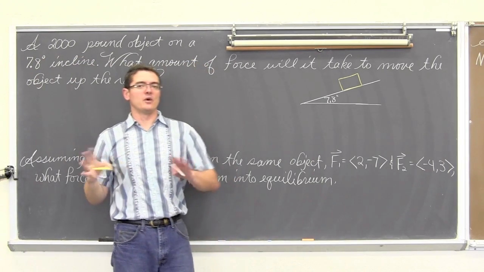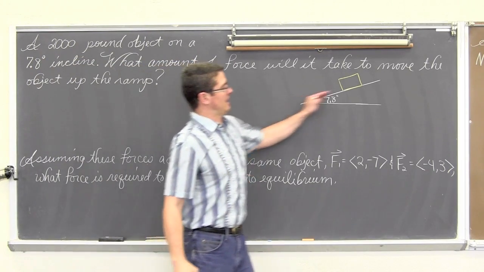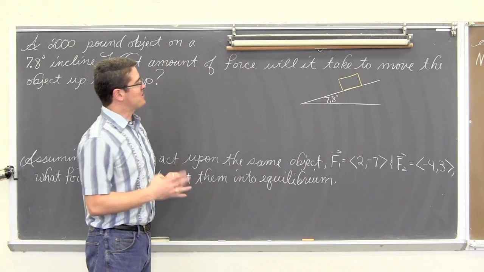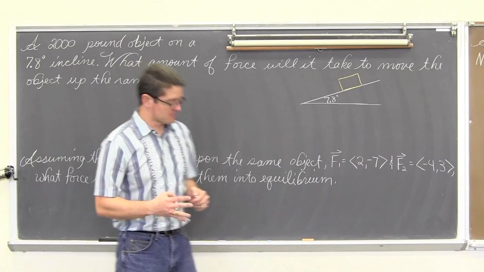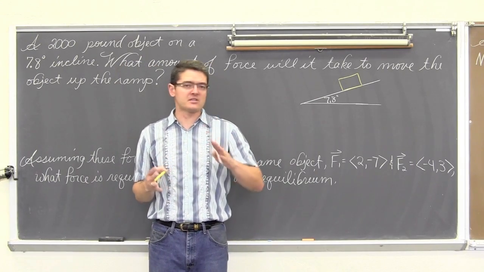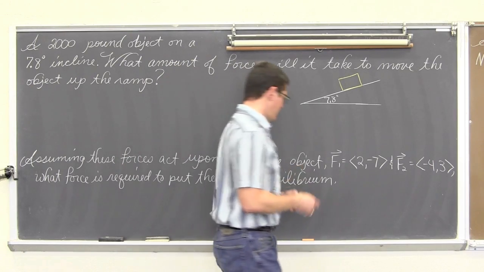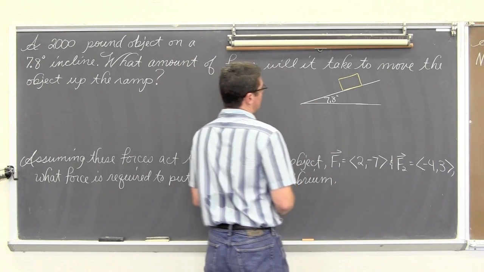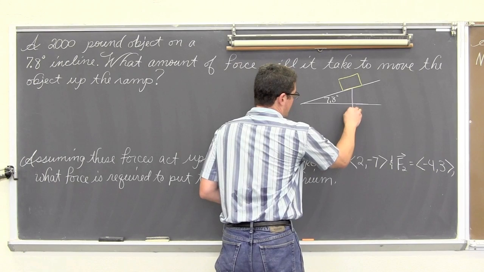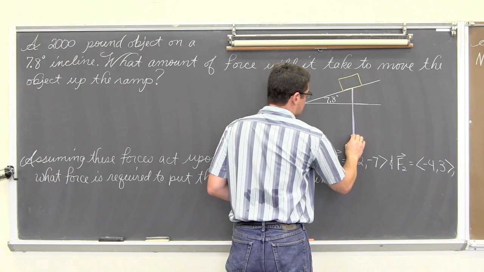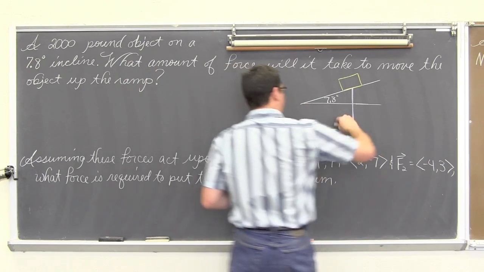And of course, we need to avoid friction, right? So it's a glass surface, like ice. No friction. And that object weighs 2,000 pounds. Okay, well, what does gravity do? Gravity doesn't pull us down at an angle. Gravity pulls us straight down to the earth. So we have a vector coming down here that represents gravity, and that gravitational force is 2,000 pounds.